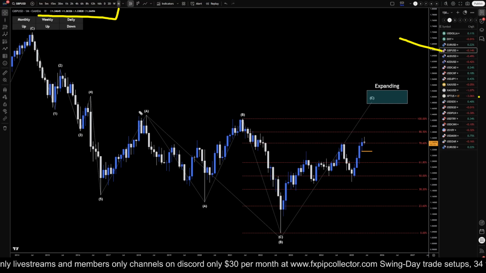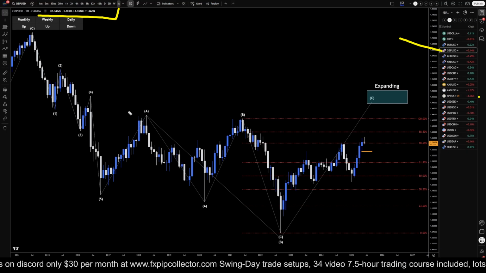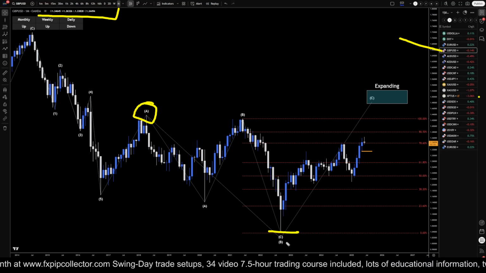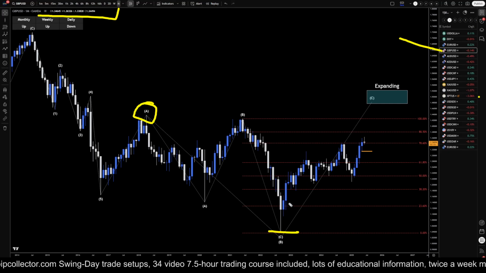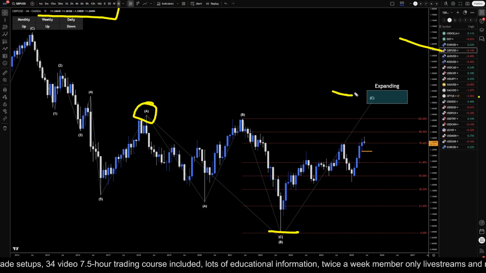So on the monthly time frame, the pound dollar monthly, I think it is extremely clear that this is likely an expanding ABC crescent. First wave up over here is an A. We got three waves down with a lower low, wave B. We are likely now in a five-wave pattern to the upside, which the target for an expanding is the 161,